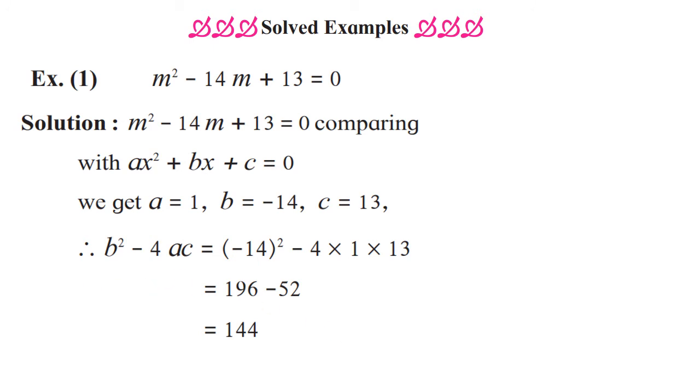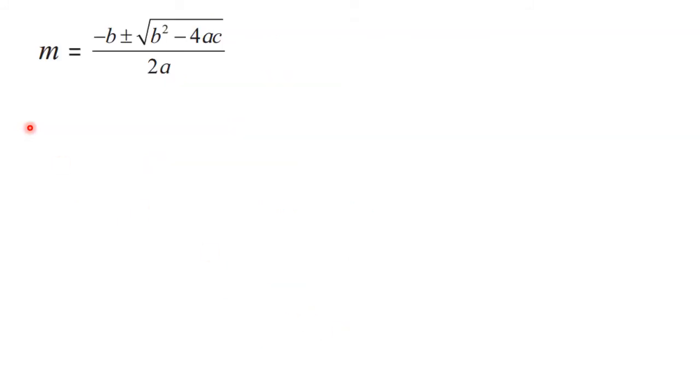Now after that you have to make use of the formula. So the next step is to write down the formula. Here in the question the variable was m, so I wrote m. You take the variable which is the same as in the question. In the question, if you have x, you write x is equal to. If you have y, you write y is equal to. But here since m is present, we have written m is equal to minus b plus or minus under root b square minus 4ac upon 2a. This is the formula which we know. This is our knowledge, so you can write down here by formula.